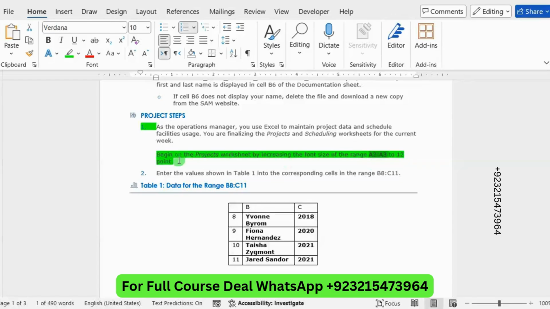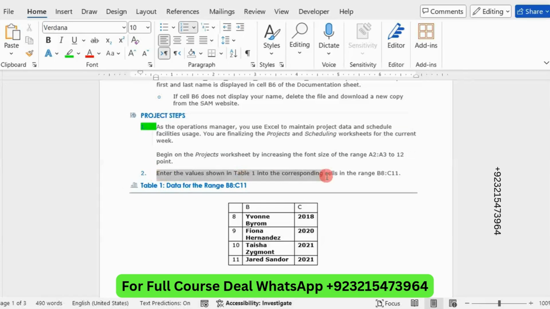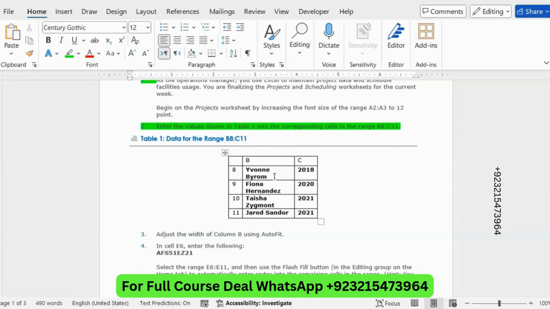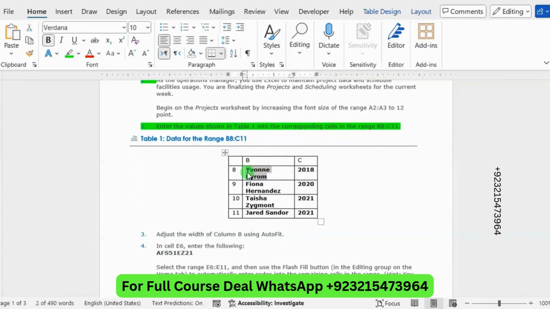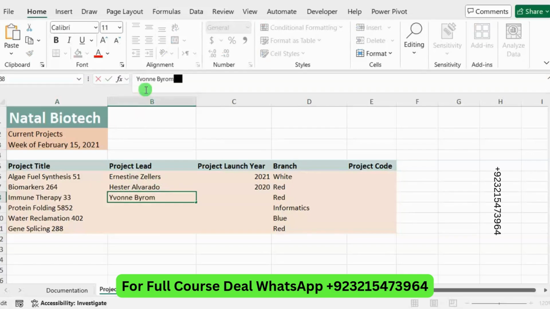Our second step is to enter the values shown in table 1 into the corresponding cells in the range B8 to C11. So copy this and go to the Excel worksheet, B8, and paste it here.